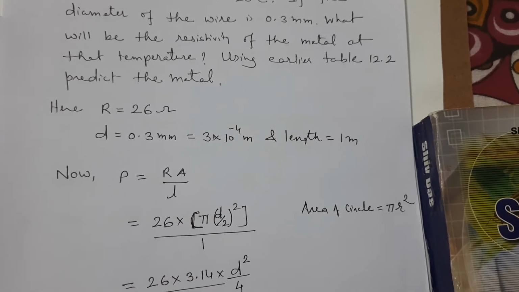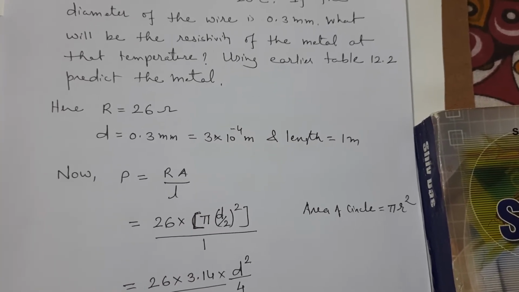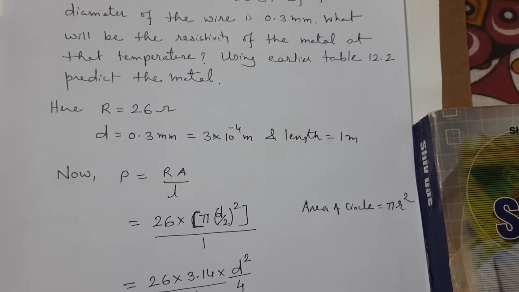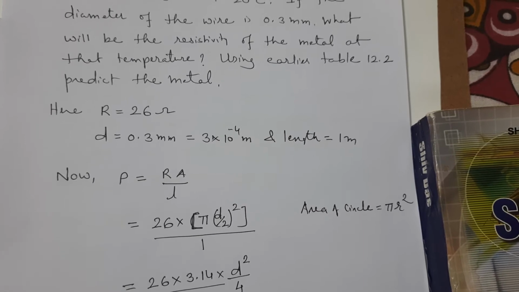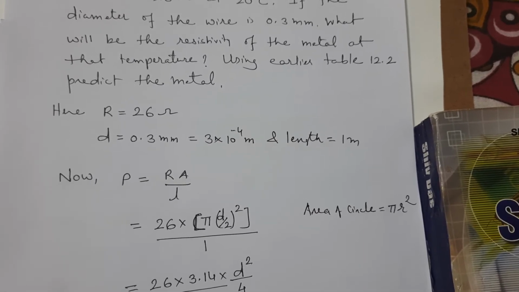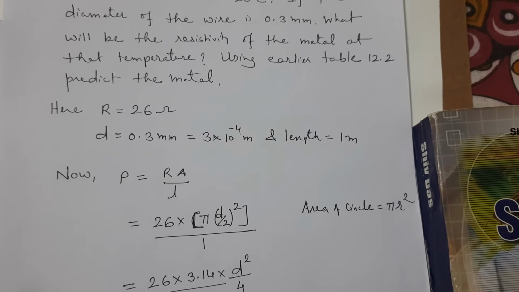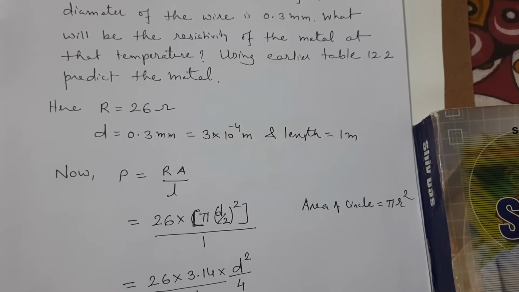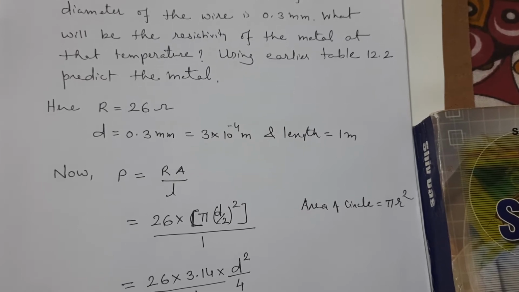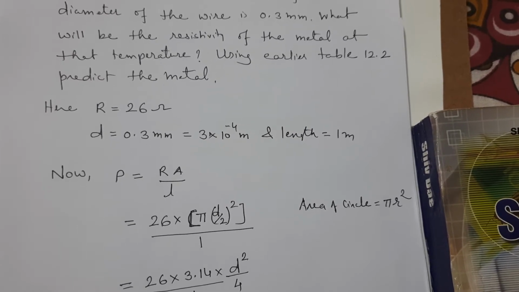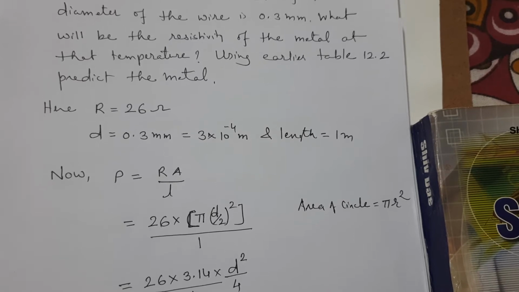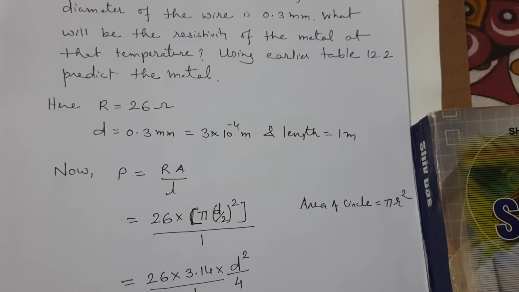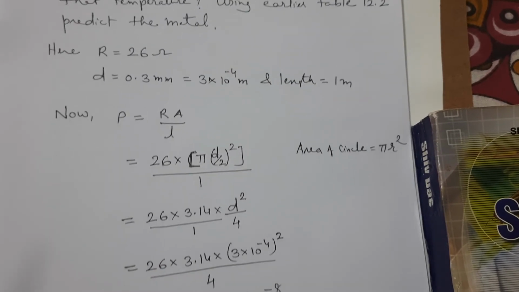Lastly, you have studied about the resistivity of a material. And there we said that resistance R depends directly on length and inversely on area of cross section. In order to remove the proportionality sign, we put a constant known as rho, and that rho is known as the resistivity of the material. So from that we have this formula, rho is equal to RA upon L. Let's place the values.